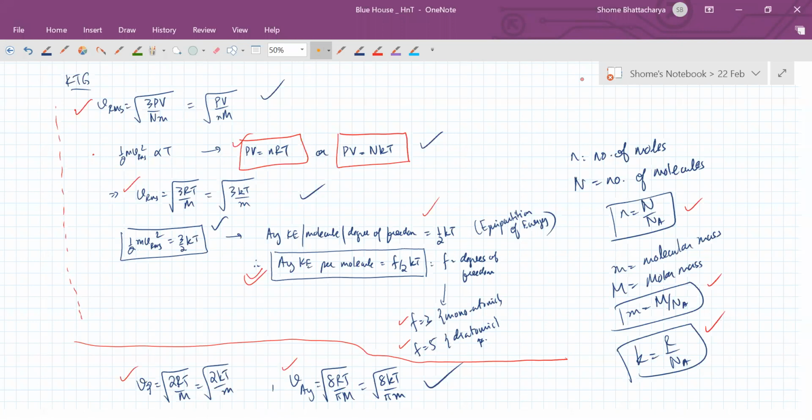Yeah, average kinetic energy is there in your syllabus, but not so much for numerical problems. As I said, the most important formulae are these ones: RMS, equation of state, and equipartition of energy. That is where the conceptual questions will come. Most probable speed and average speed will be direct formula based questions, not the conceptual questions.